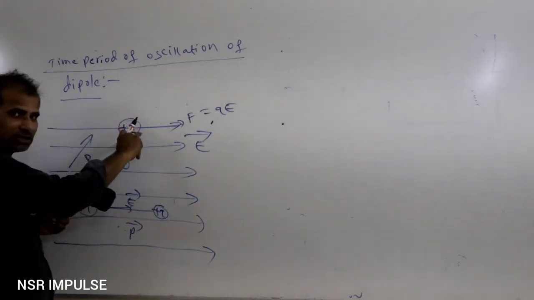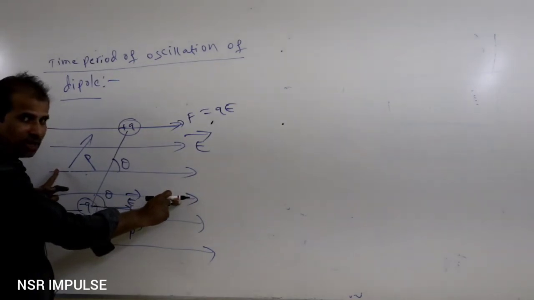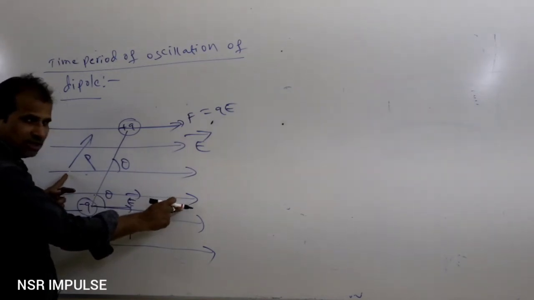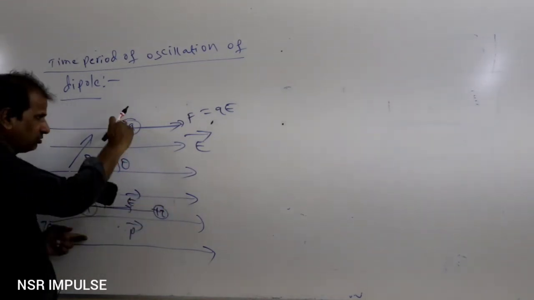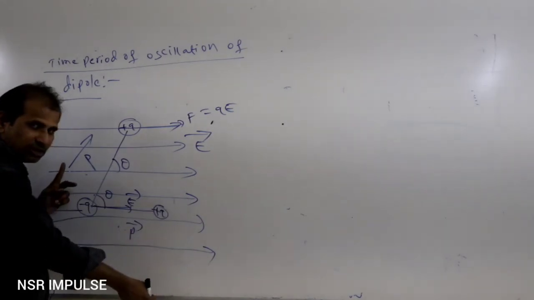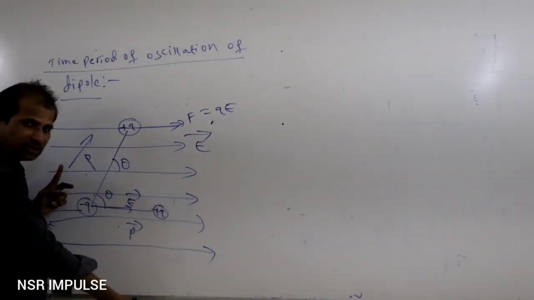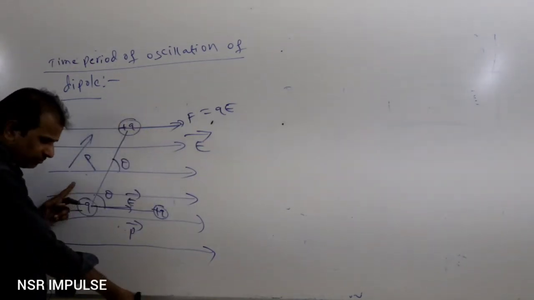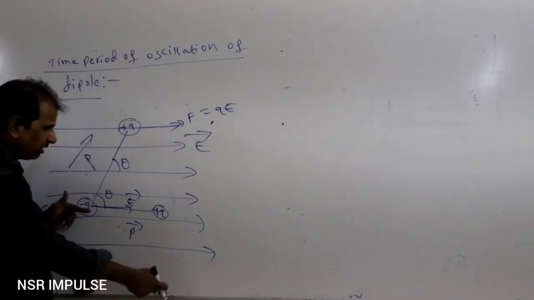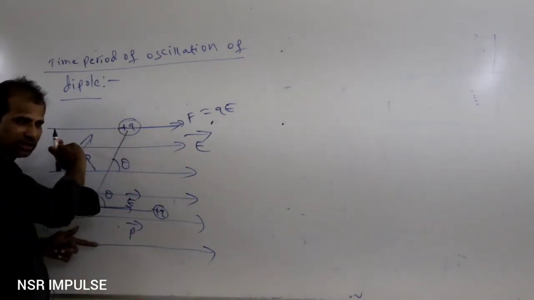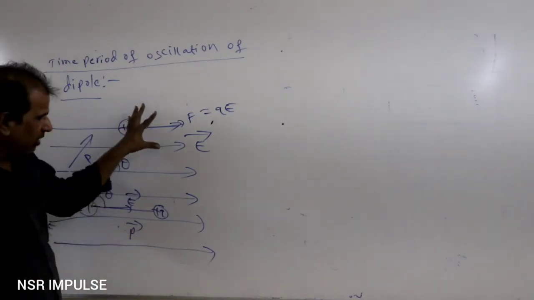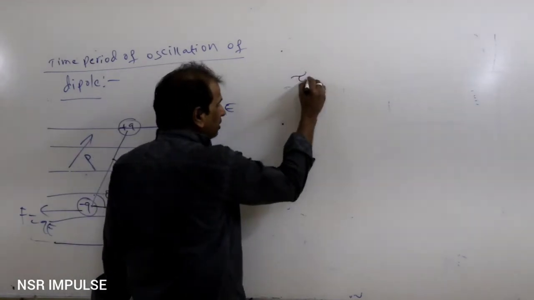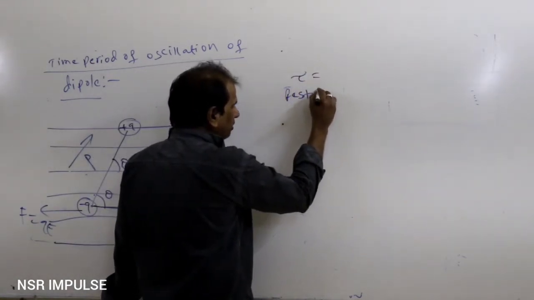But during that process it gains maximum kinetic energy. Whenever it comes to this position, it will have more velocity or kinetic energy. Due to that, it exceeds its position and goes to some other position, and again it feels the torque. Like that it rotates, and it feels the torque as a restoring torque and makes oscillations in this direction like this. So the torque bringing the dipole backward is called the restoring torque.